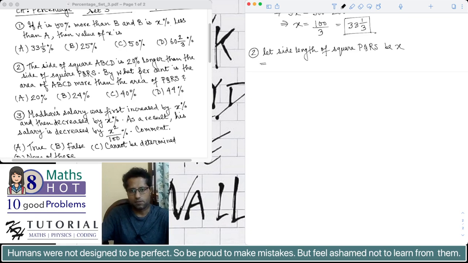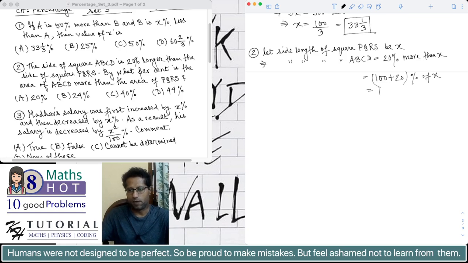So this implies that the side length of square ABCD will be 20% more than x, which is equal to 20% more than x, which is equal to 20% more means 100 plus 20% of x,